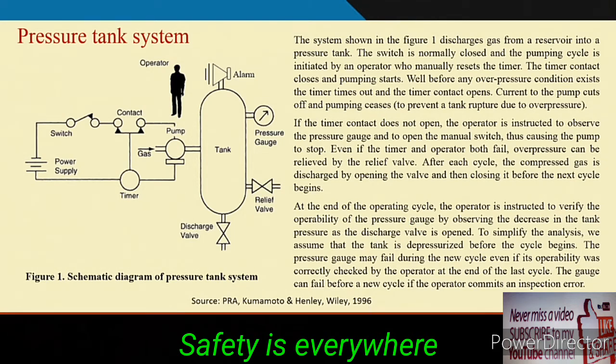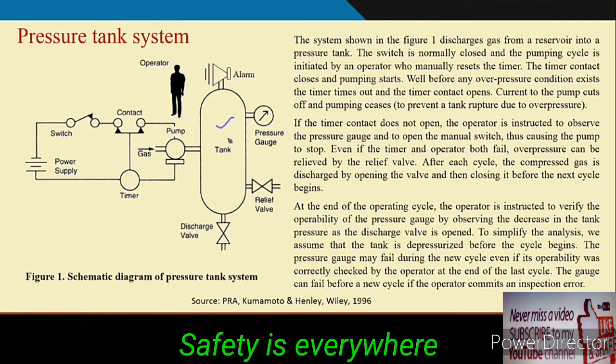So, let me revisit again. This system you know. One is the tank, and the purpose of this tank is to store gas which will be pressurized to a certain design intent. Whether that particular pressure is attained or not, or if more pressure is attained, what will happen. Those things are monitored and rectified using alarm, pressure gauge, relief valve as well as the operator's help.